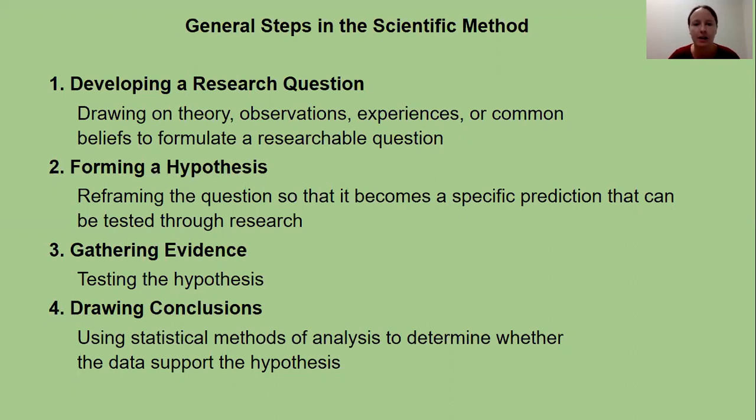The next step is to actually take that prediction and hypothesis and test it. Now, there are a variety of ways to test a research hypothesis. We could do it in the lab, we could do it out in the community or in the real world. We could do it online through surveys. There's all sorts of ways to test research hypotheses. And in this chapter, you're going to learn about some different techniques we have for observing and measuring behavior.